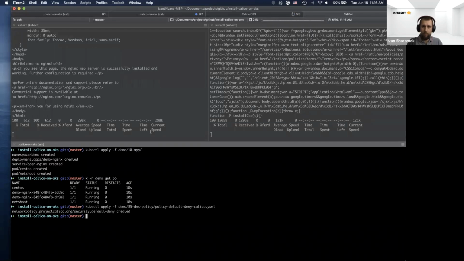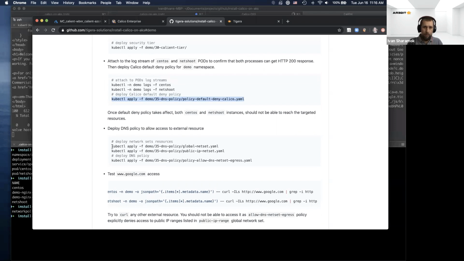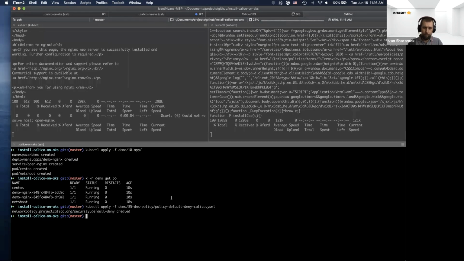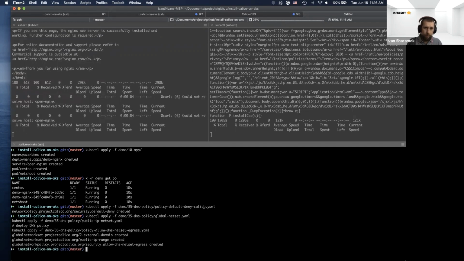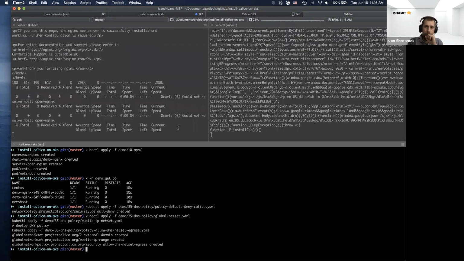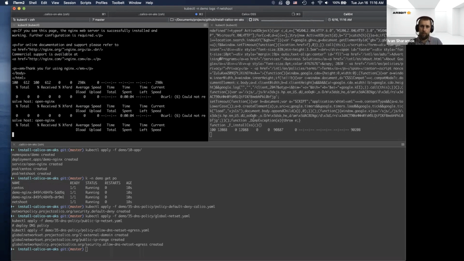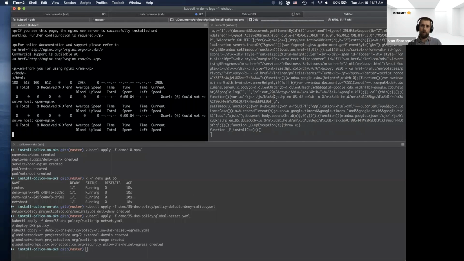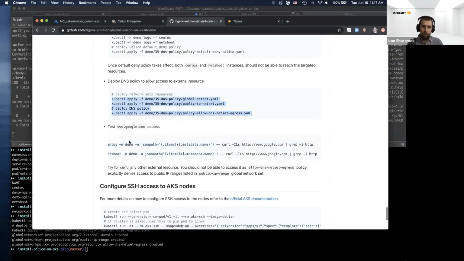Okay, so now both of those default deny got applied, both of those stopped. Apply an IP set, no IP set, okay. So now it's this one through, this is correct. And this shouldn't, the net shouldn't, because my policy that allows egress only allows to Google. So now if I test,